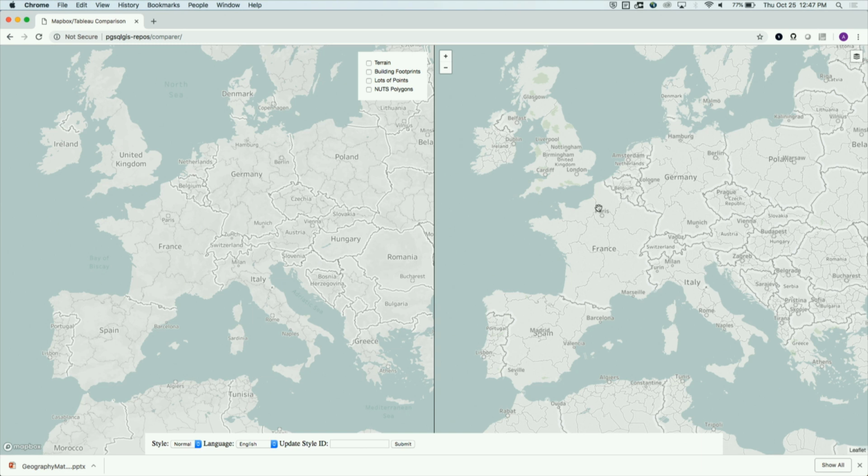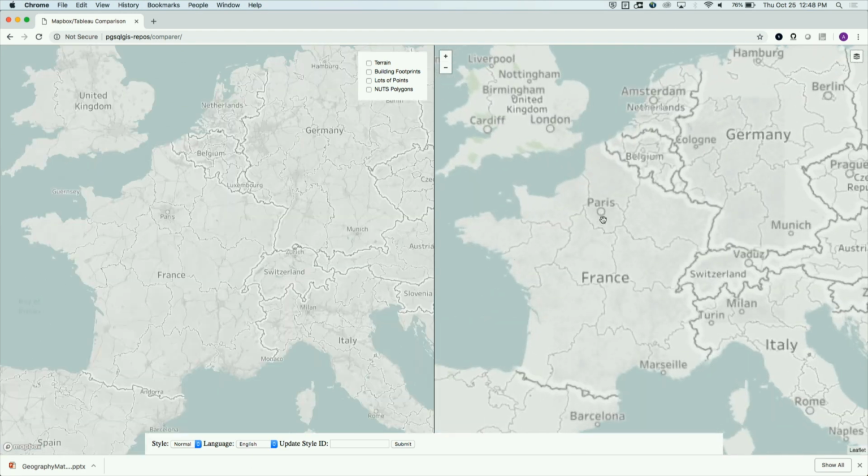Now with the vector tiles, we're loading these tiles into my browser, but then we're doing all the drawing dynamically. And this is amazing for what it can do for us as we explore the map. Let's take a quick look at some of the interactivity differences that you could see with these maps. On the right side of the screen in this tool, this is a map that uses the raster tiles I just talked about. And we're going to zoom in a little bit onto the city of Paris, where I hope to go in the next year. So when I zoom in,